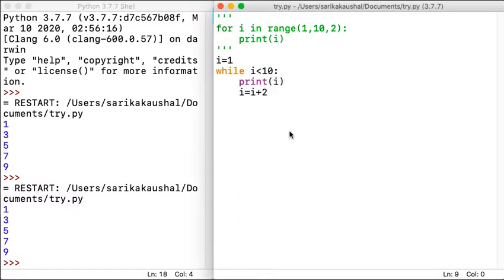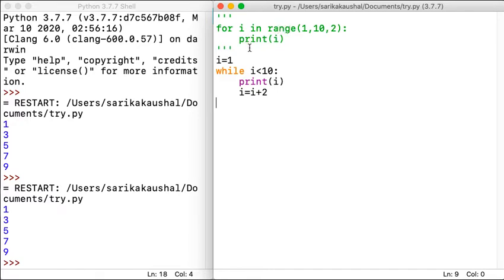Now why do I use a while loop? Why not just stay comfortable with for? As I told you in the beginning section, just remember that a while loop is used when you are not restricting yourself to the number of iterations, because sometimes you don't know how many times you need to execute your program. Therefore you can use a while loop. I'll give you an example also for this, but I just want to tell you a couple of things.